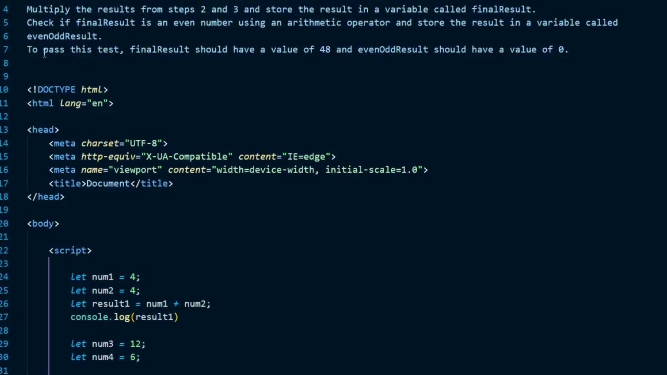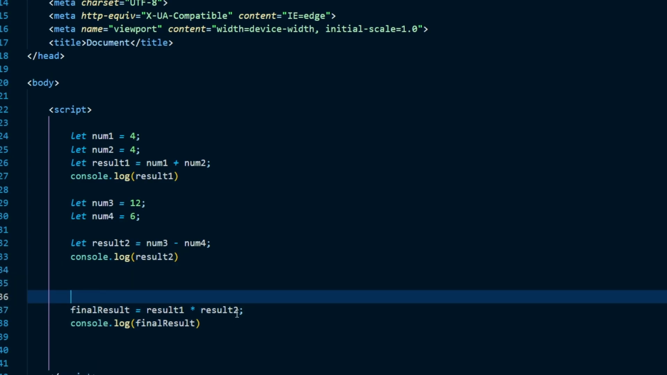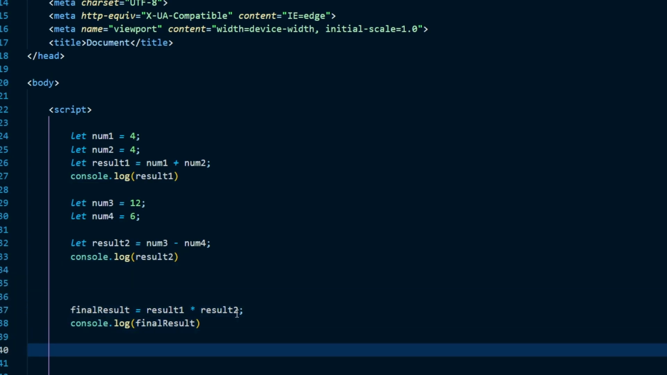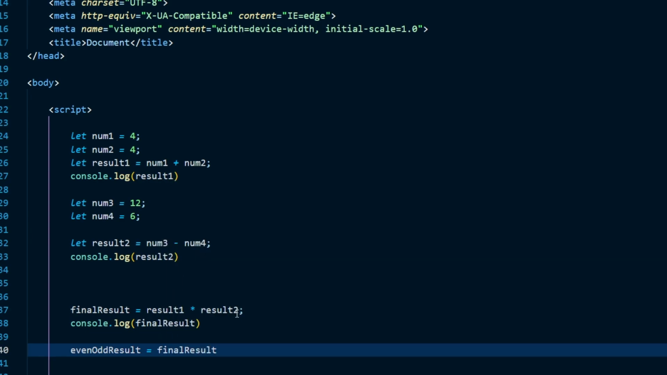Now let's have a look. To pass this test, final result should have a value of 48 and even odd result should have a value of 0. Now we have to check if our final result is an even number or an odd number. Now how are we going to do this is, let's say even odd result equals to final result